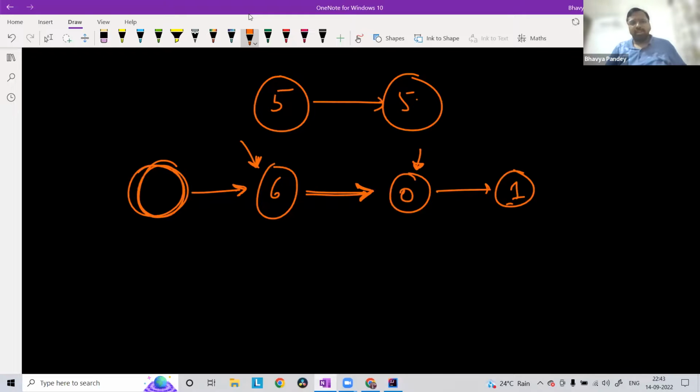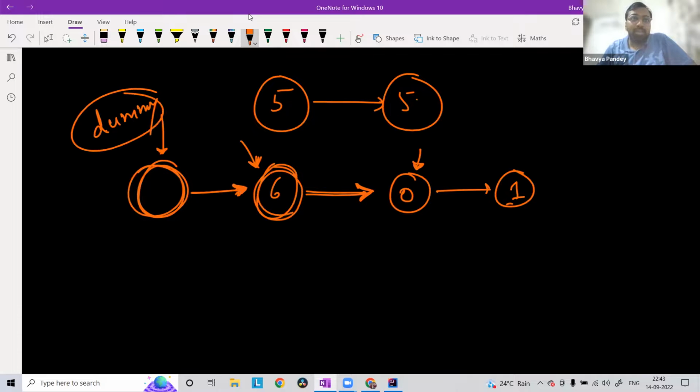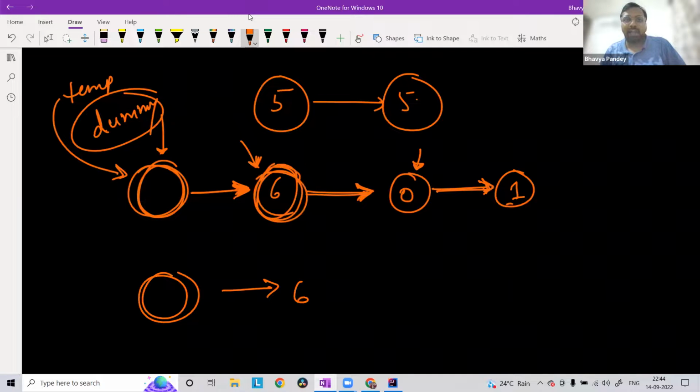So there's a very simple proposal that I have for you. Tell me if you understand it or not. Let's create a dummy node whose job is only to support that when I'm inserting this particular node, it's going to accept this. So my dummy node is going to be my temp initially. So my temp is initially going to point to my dummy node. As soon as I make my first actual node, I will add it next to temp. Then I will keep doing this in iterative fashion. Ultimately what I will have is a dummy node and then I will have my answer like this,